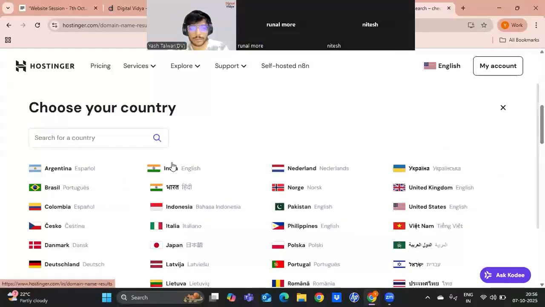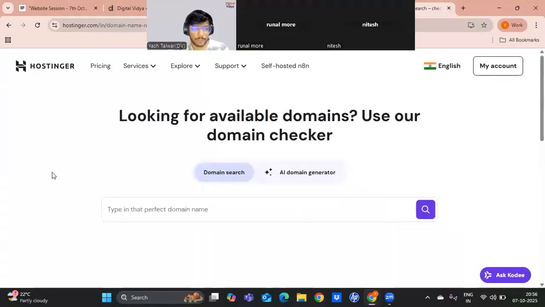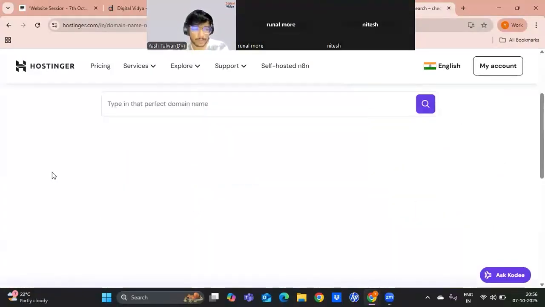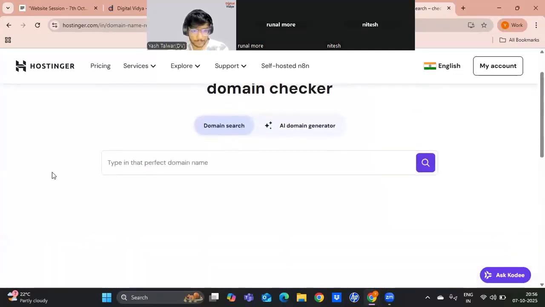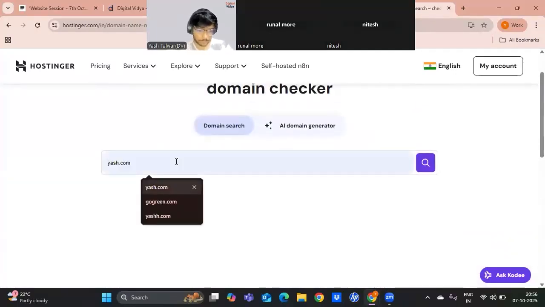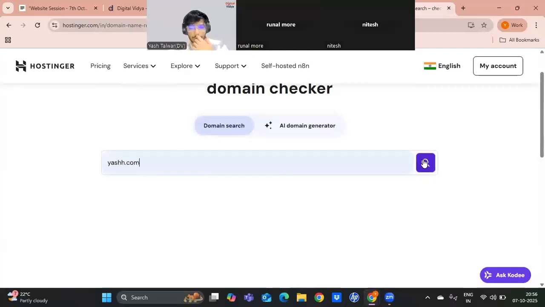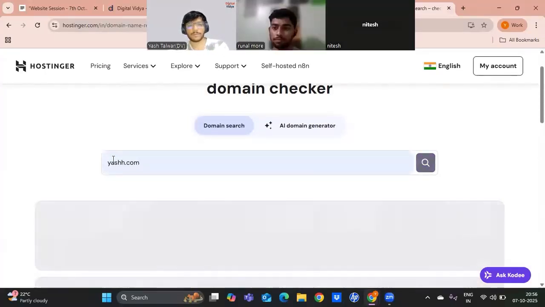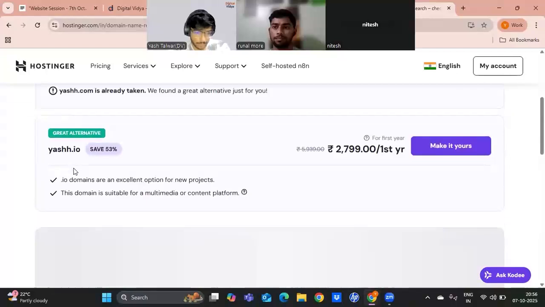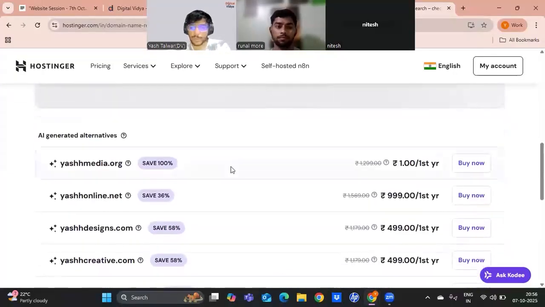We change it to Indian prices. Right. So now I can find the domains here as well.